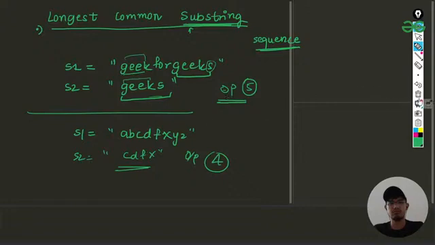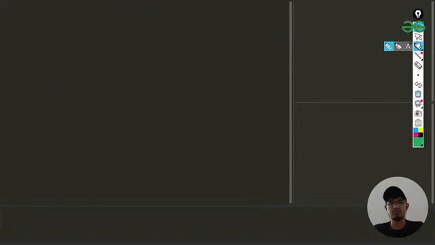So let me just erase this. Basically how we are going to be solving this question, I'm just going to be talking about the idea now. Let us talk about the idea first. Basically we'll be using a DP table for that, and let's see how it is going to appear when we are solving. Let us take the example for gigs.